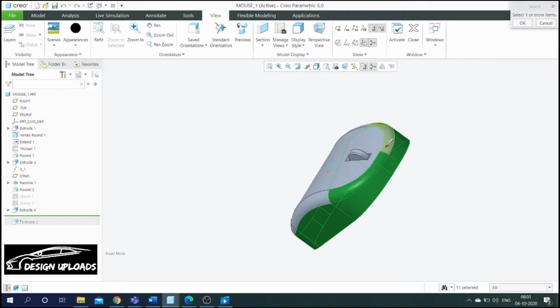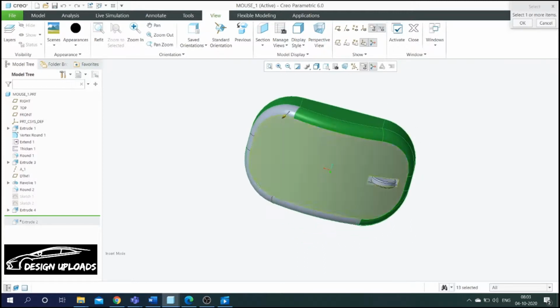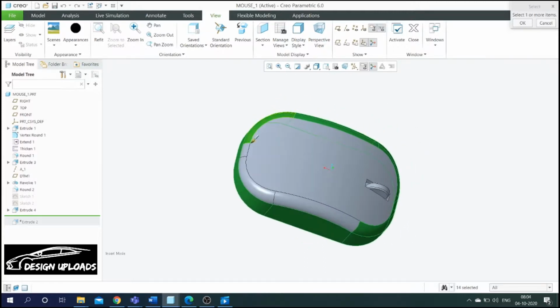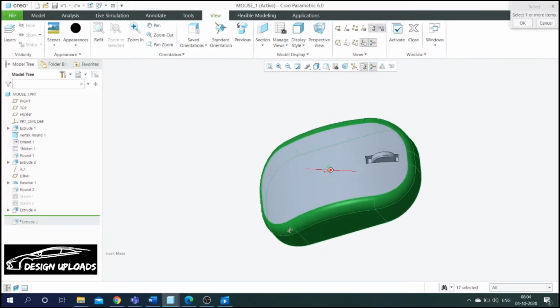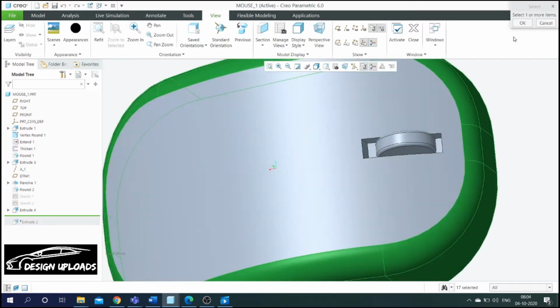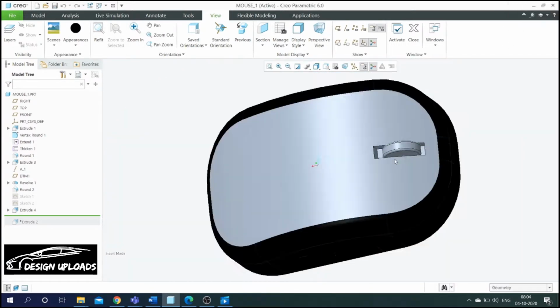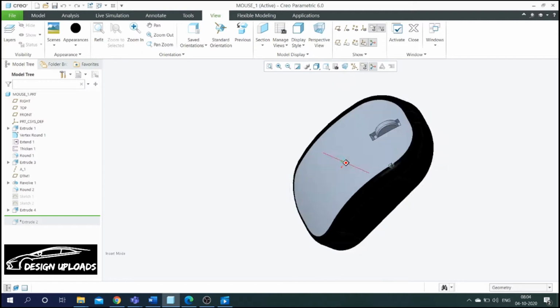Therefore, the selection has been completed. Now I am going to give OK. Automatically the black color has been applied.